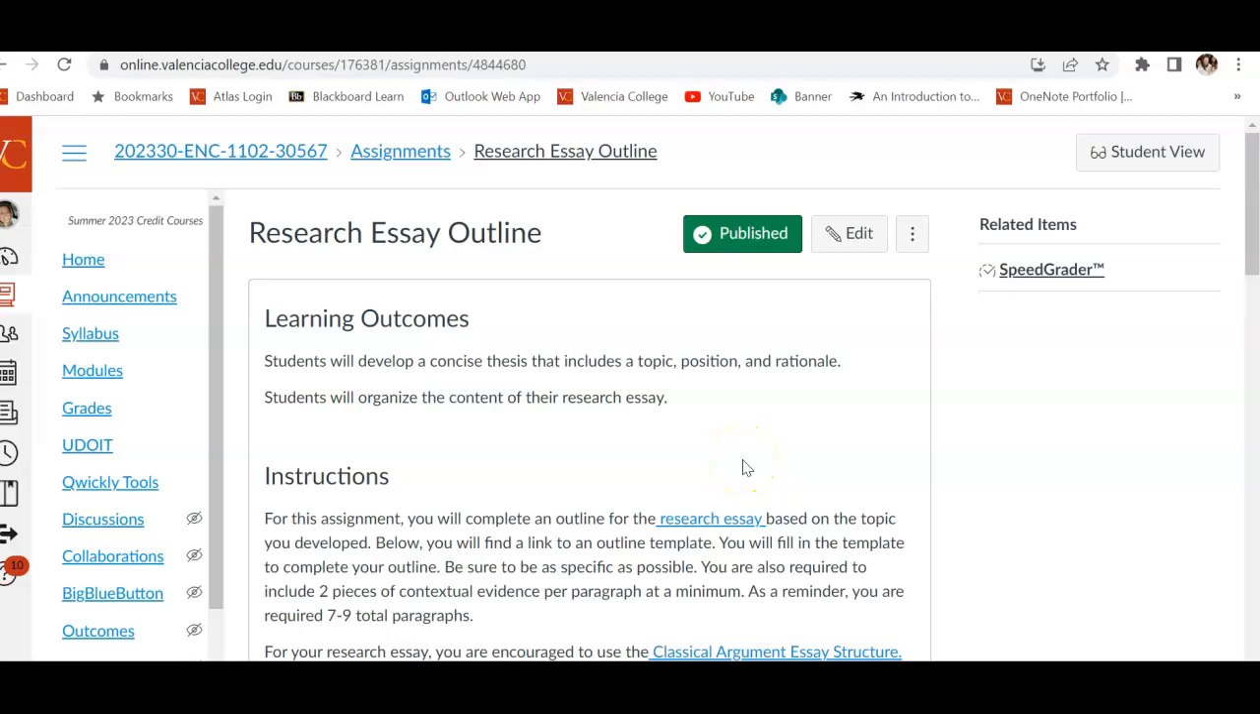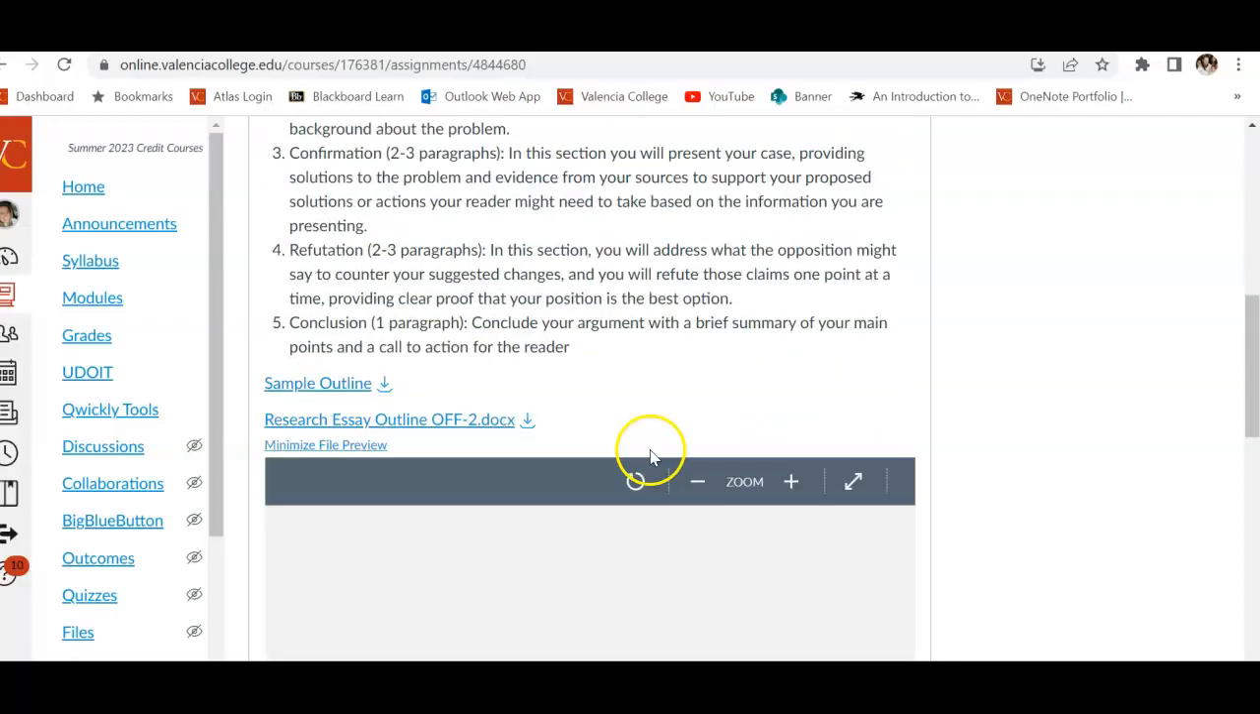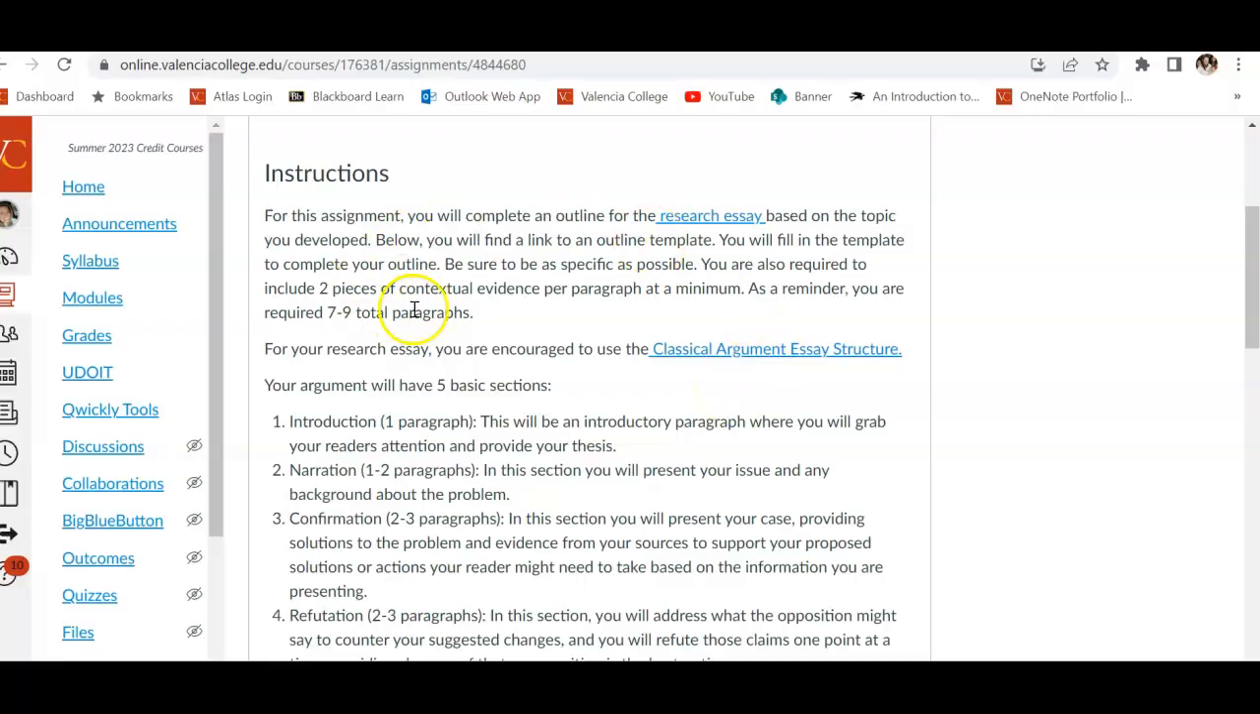For this assignment, you will be outlining your research essay. So, this is the plan for your research essay. As a reminder, you will want to make sure that you are completing the outline template, which you can download here. And you will need 7 to 9 total paragraphs with 2 pieces of contextual evidence,